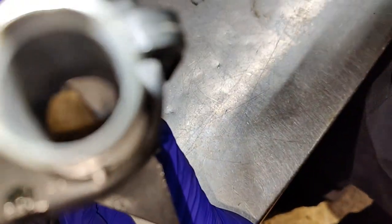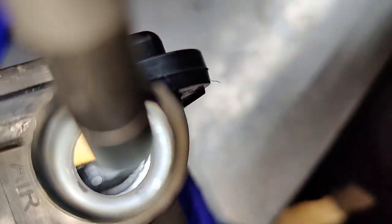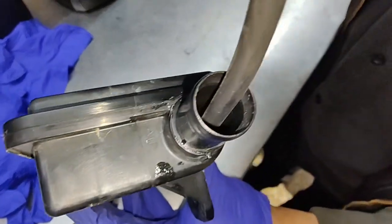You can see water. Can I get it in the camera? Yeah, so you can see the paper filter stuff. And then down there, shiny in the... I wonder if I can get... Maybe try to get this in, and then... Yeah, maybe. I don't know. It covers up most of the...